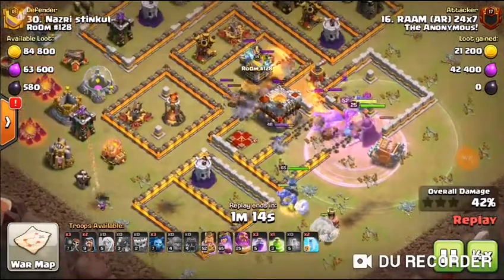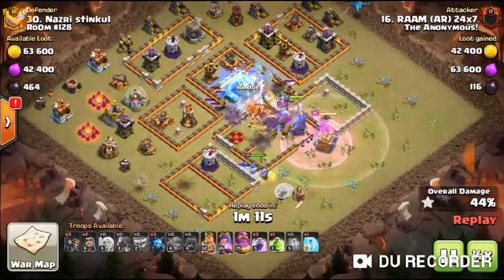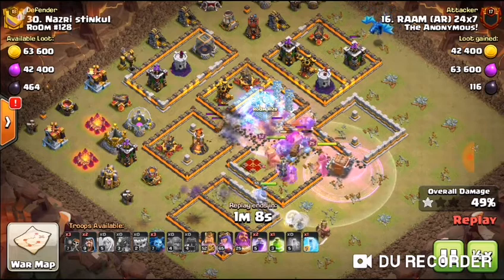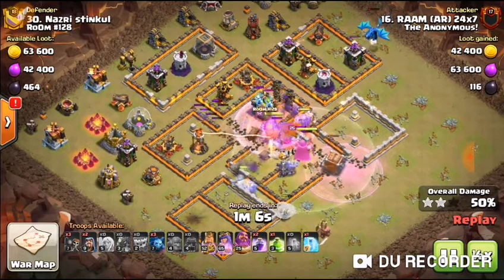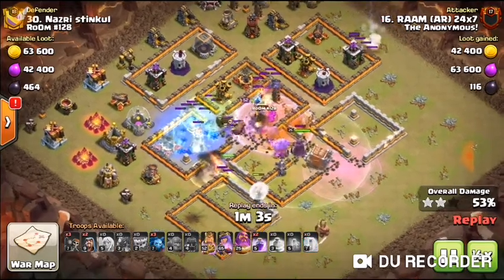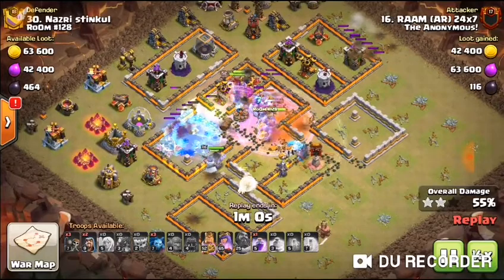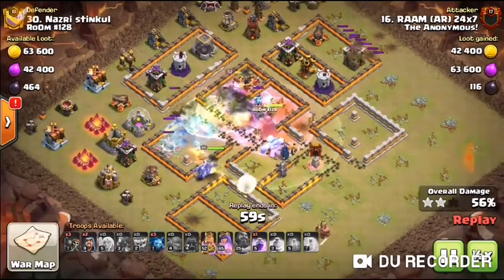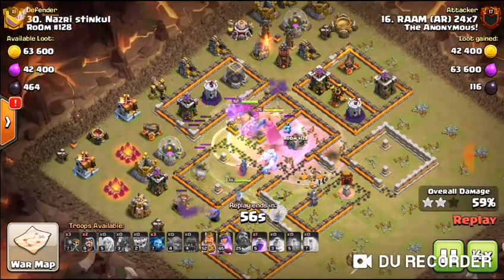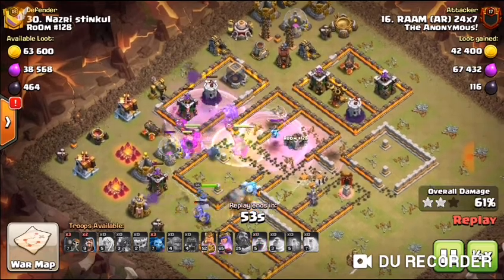See, guys, within this rage spell there are so many yetis and bowlers, and they were easily able to tackle all the defense buildings here. Again the rage spell is used and they were moving towards the crowded building areas, and the jump spell is deployed. Now there is another rage spell, and you can see almost every defense in the middle is cleared, and the last rage spell is remaining, and I think he has deployed this rage spell.